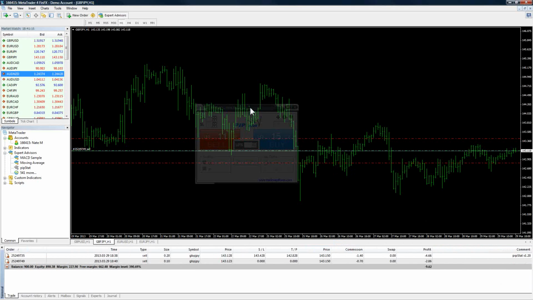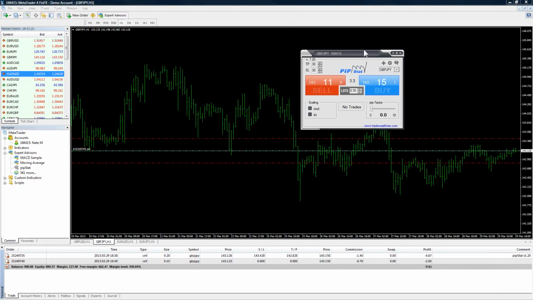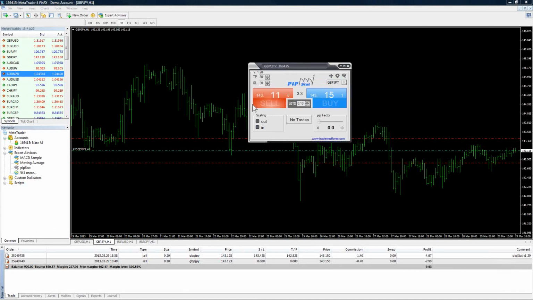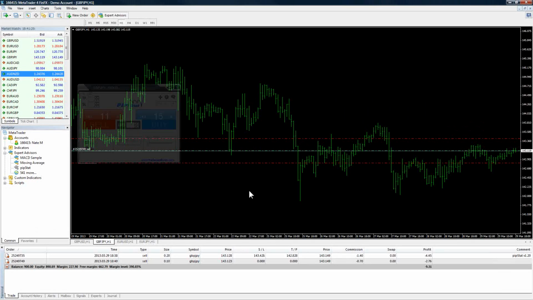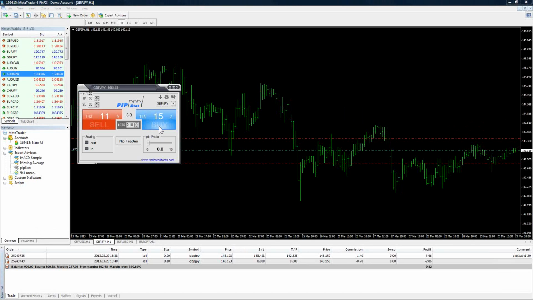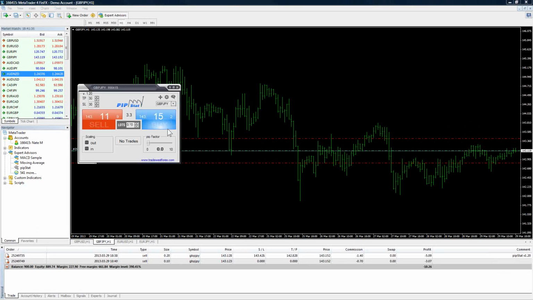Okay, so back to Pip Stat here. So you can see the difference. The nice thing about it is this guy is always open, and these are pretty big, easy buttons to click on. Even if it's sneaking around in the background there, transparent, you can still click on it once to acknowledge it. You're not going to accidentally buy if you just click on it once. It's going to pop up, so it shows itself first, and then you place the order, which makes it really nice.